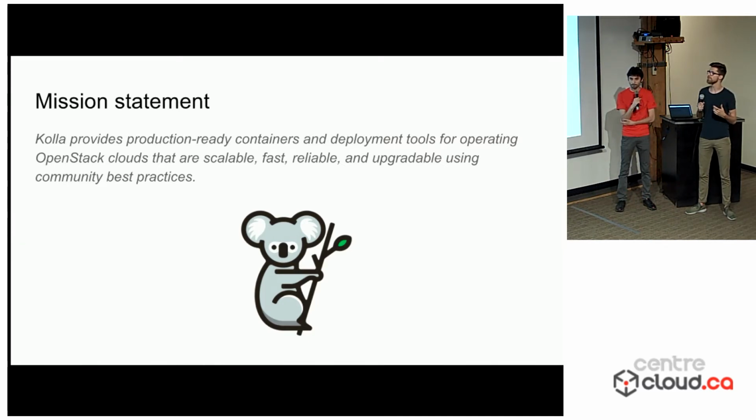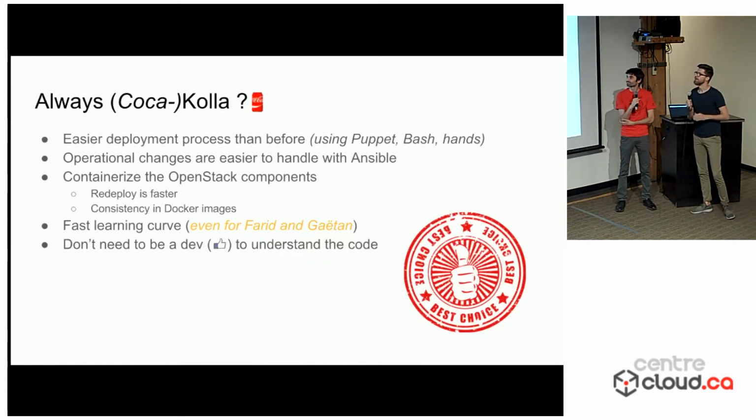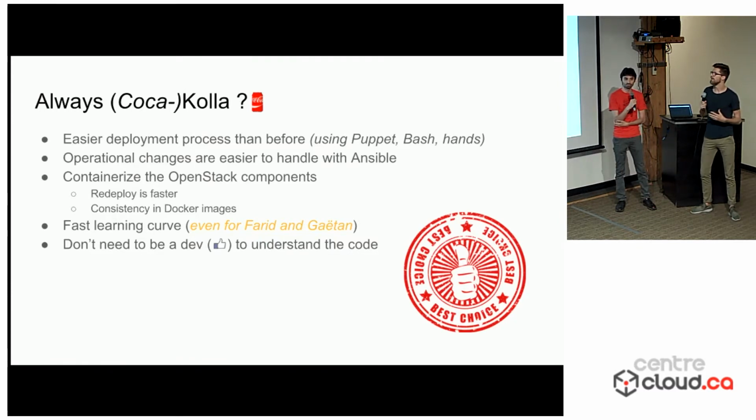So the mission statement of Kolla: Kolla provides production-ready containers and deployment tools for operating OpenStack clouds that are scalable, fast, reliable, and upgradable using community best practices. So it's almost true, almost. So why did we choose Kolla? As I mentioned before, deploying an OpenStack,